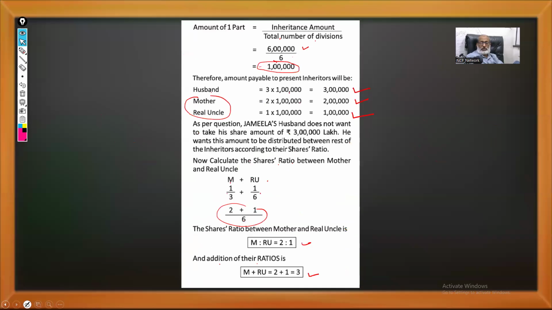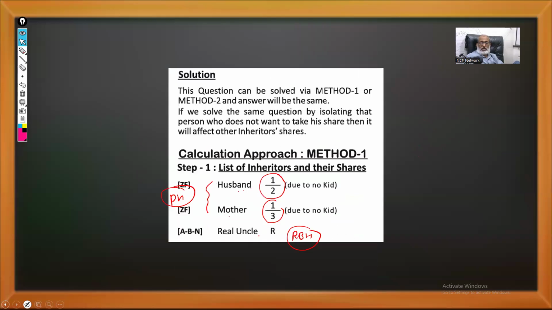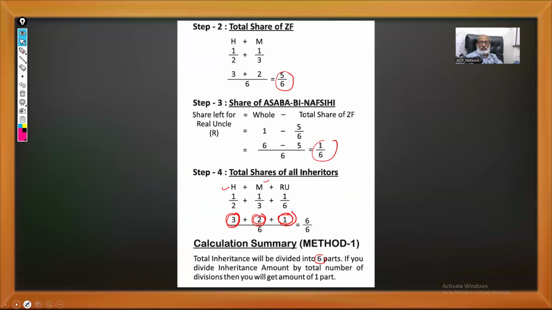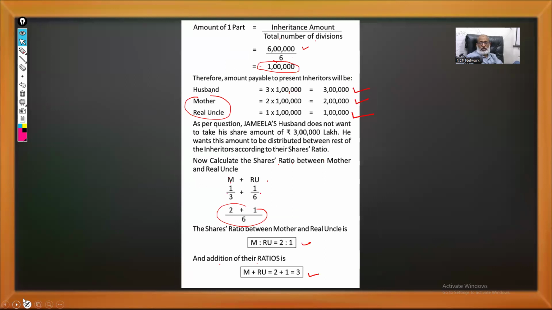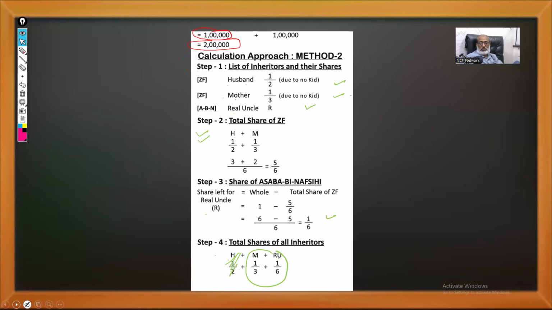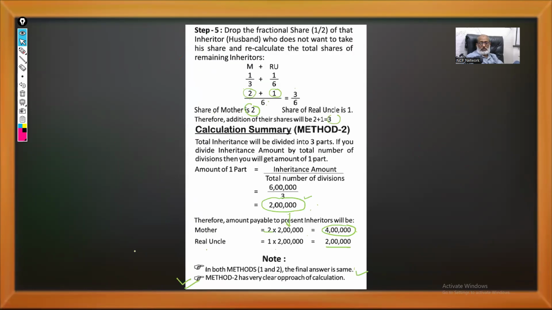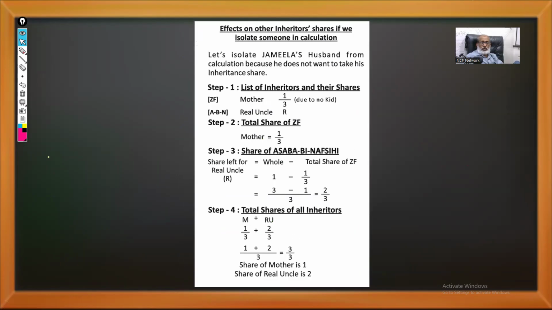But most of the books that we learn in the Madaris provide the solution for the Takharuj in this manner. They first distribute the amount, and again distribute the amount if somebody wants to leave the share. So it's a lengthy procedure. The better way is that we resolve the issues in this method. Method number 2 is the better solution. There is one more issue.